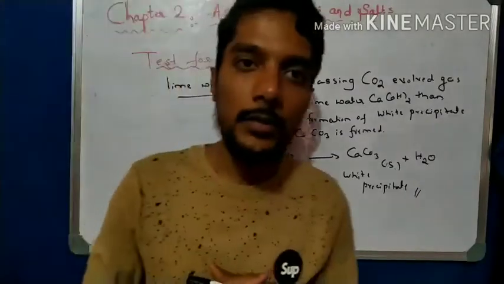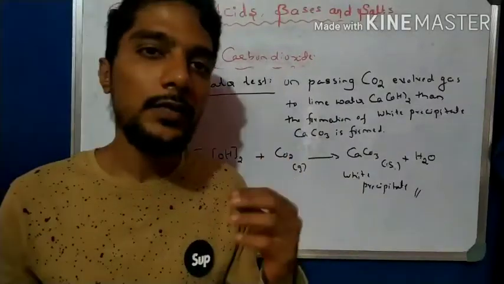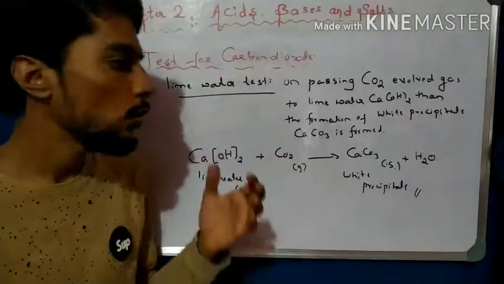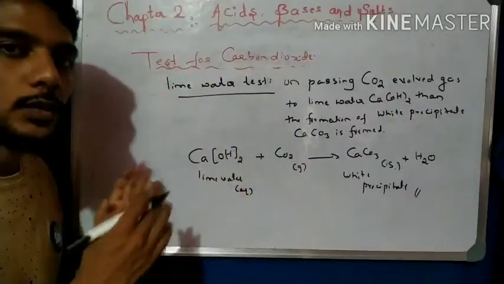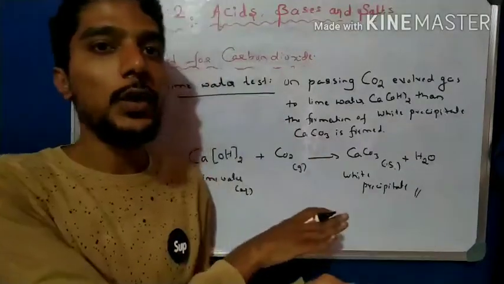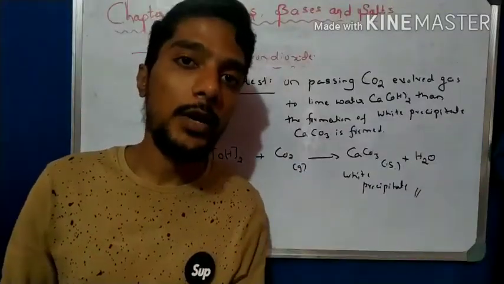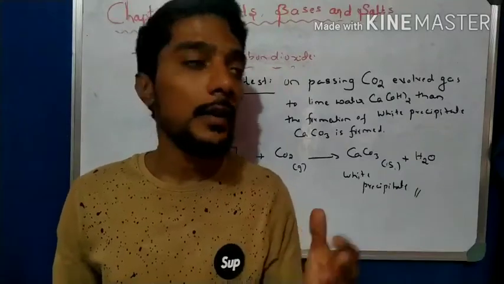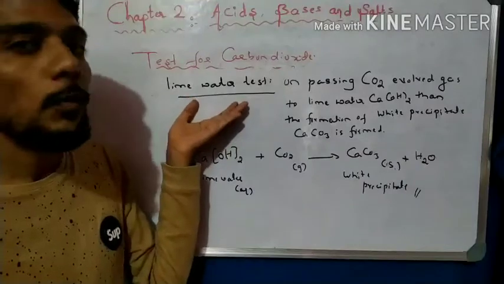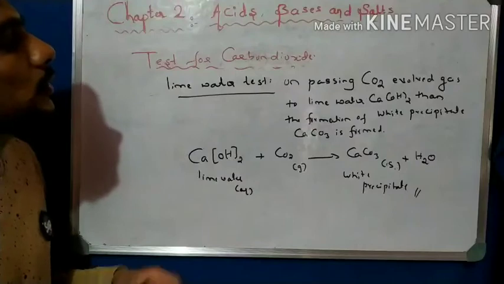So in this video we learned about two tests: the test for carbon dioxide and the test for hydrogen, and both are very important tests from the point of view of the examination. Write them down and practice both tests. When metals react with acids, you practice the hydrogen test, and when metal carbonates and metal hydrogen carbonates react and carbon dioxide gas is liberated, you write the lime water test for carbon dioxide. These are both very important tests, so please write this in your notebook.